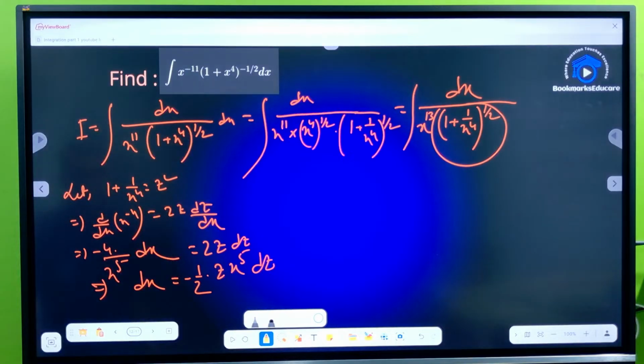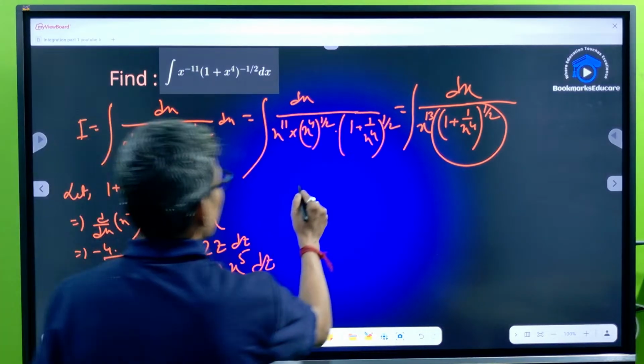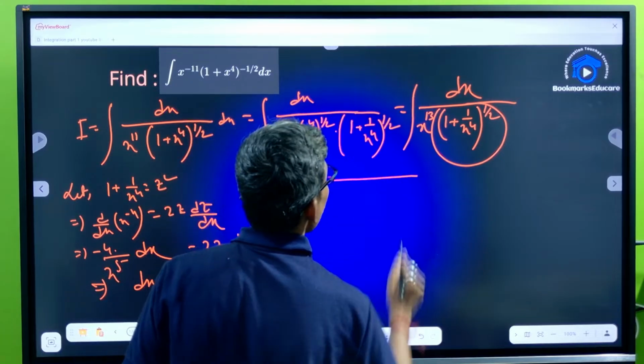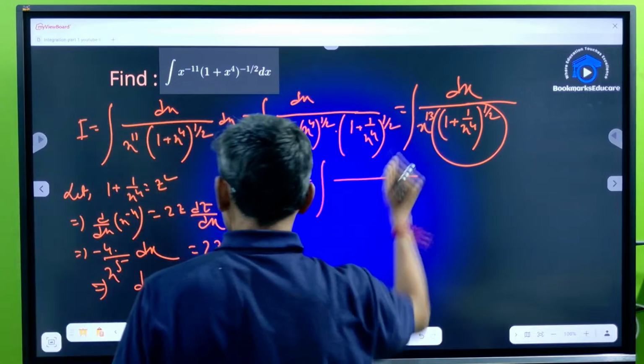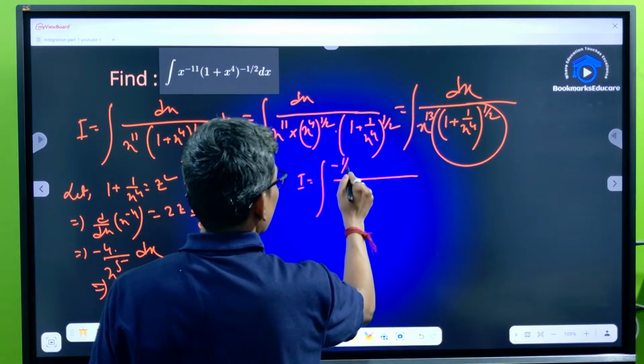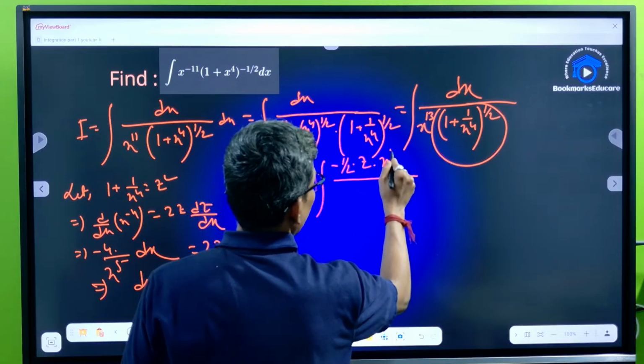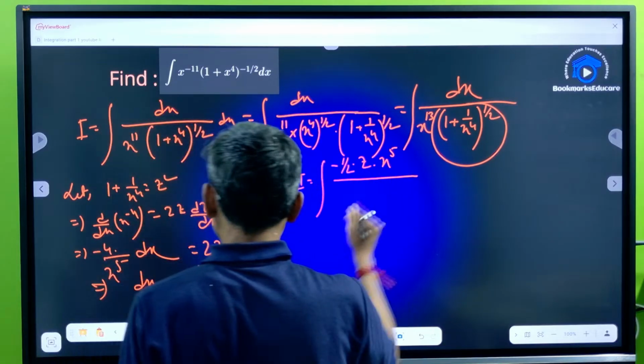Okay, so I is equal to dx, meaning minus half into z into x to the power 5 dz